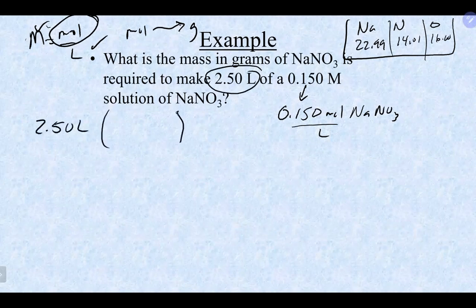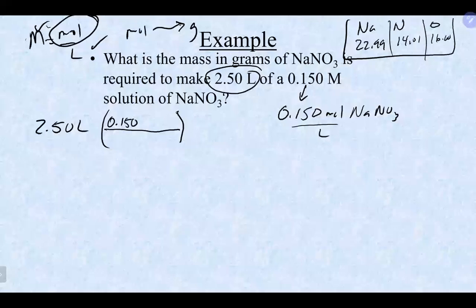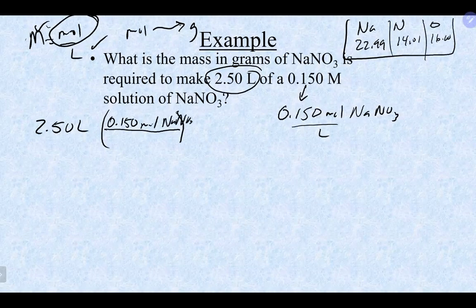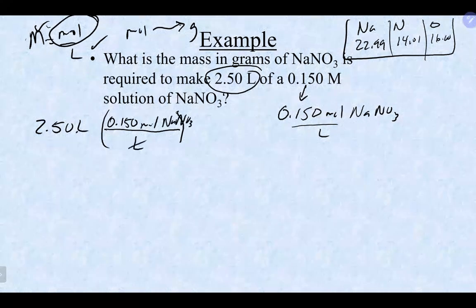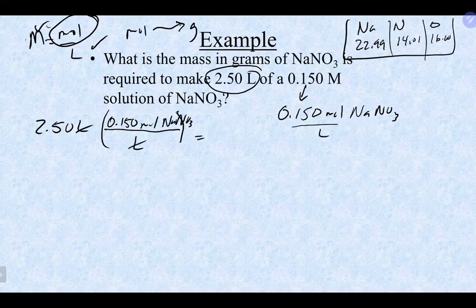We're going to use our molarity like a conversion factor here, 0.15 moles of sodium nitrate per liter. Our liters will cancel, and at this point, 2.5 times 0.15 gets you 0.375 moles